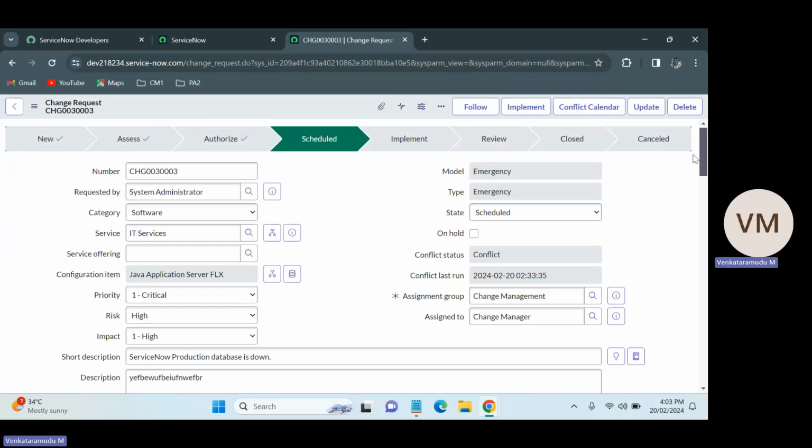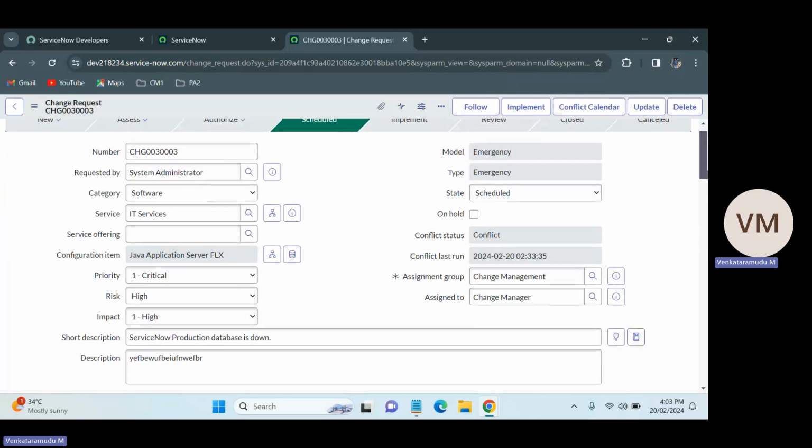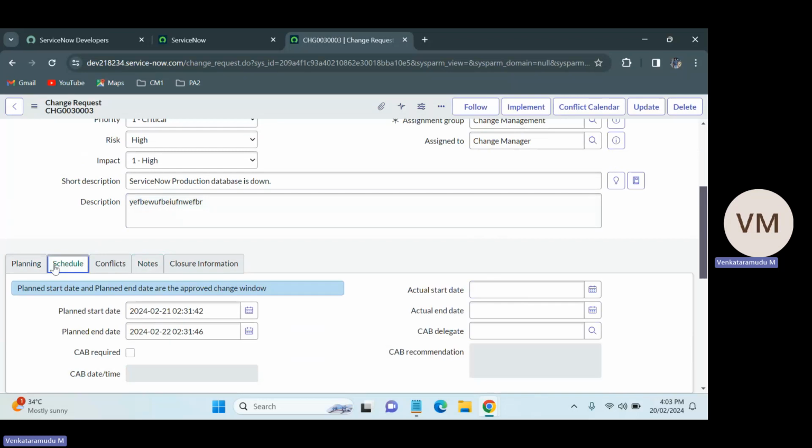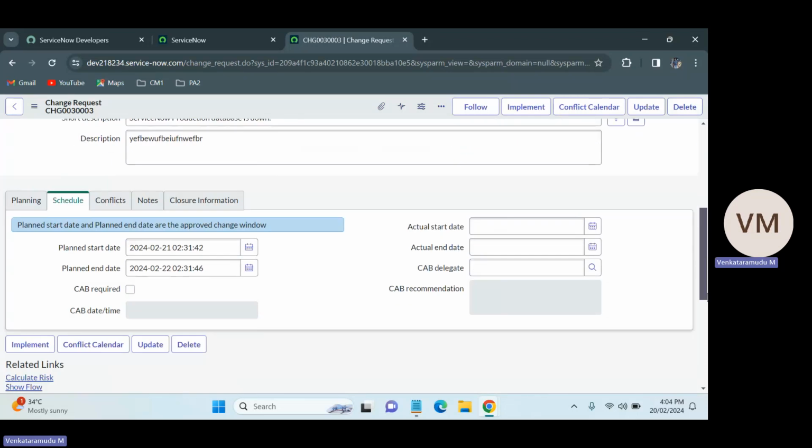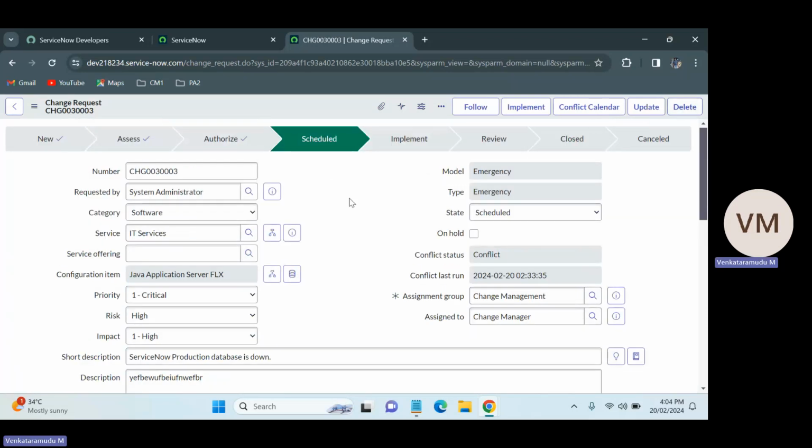We can leave the change request as of now. Once the start date which we have given here in the schedule comes, with this date and time, then automatically this change request will move to the implementation stage. As of now it is waiting for the schedule to implement. Once that time comes, this change request will go to the implementation stage. So now I am forcefully